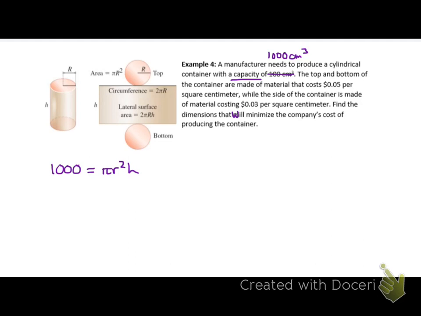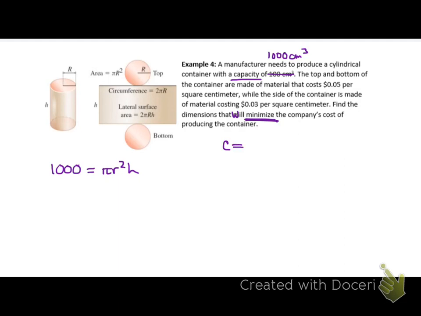Then it says that the surface area is giving us the cost, essentially. So the cost, that's C, and we want to minimize the cost. That's how we know this is an optimization problem. I told you, it could be minimization. But to do that, we are going to have the cost,